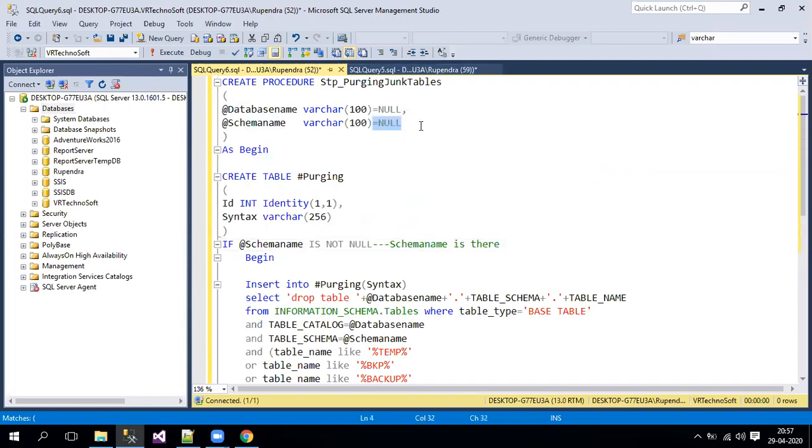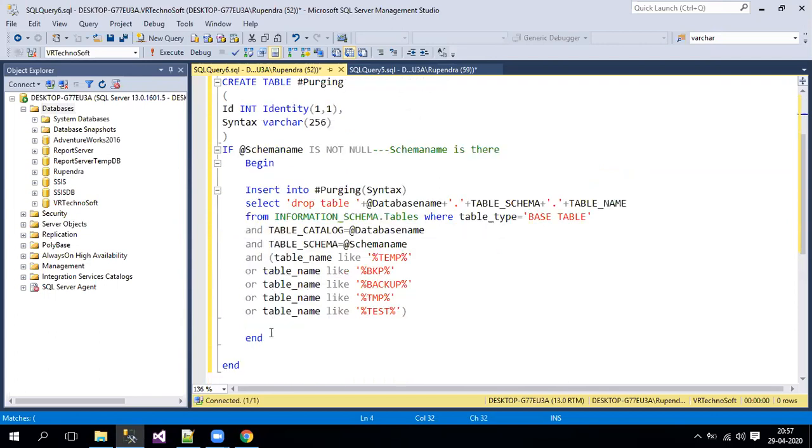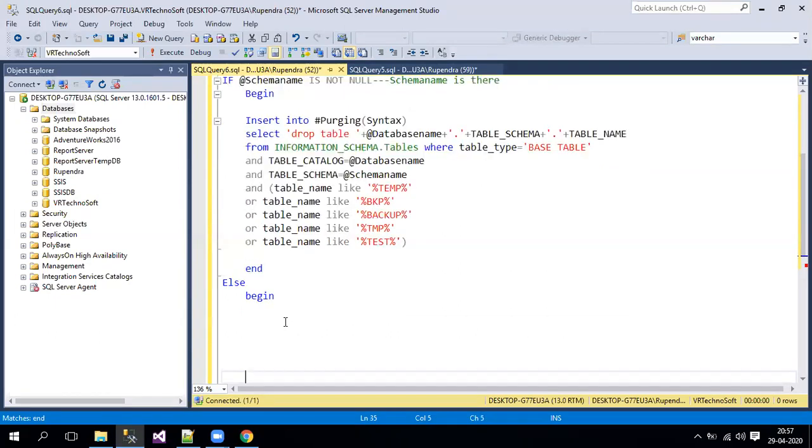So at that time, let me go with the else condition. If it is not null, this is the case. If it is null, obviously they're not passing anything. So either you can put an if schema name is null condition, or directly put else. Both are the same. Let me put begin and end.